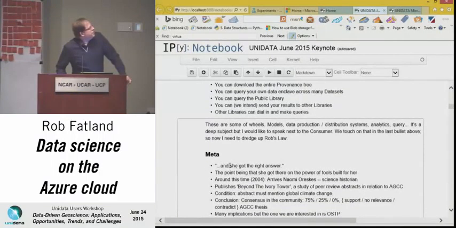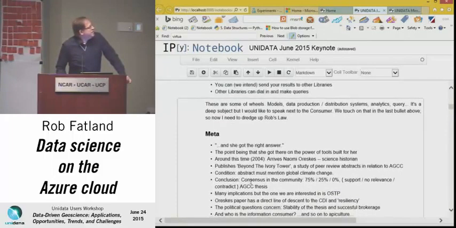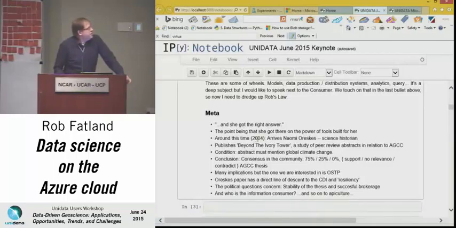Okay, so continuing from my story about the girl who figured out how thick the galaxy is, and that she got there on the power of the tools built for her, this is sort of a meta digression on the culture and climate change. Around 2004, which happened to be when I was talking to that young woman, Naomi Oreskes published her Beyond the Ivory Tower paper, which is a study of peer review abstracts in relation to anthropogenic global climate change, and found that there was 75% support, 25% no comment, and 0 dissent, which we're all familiar with,